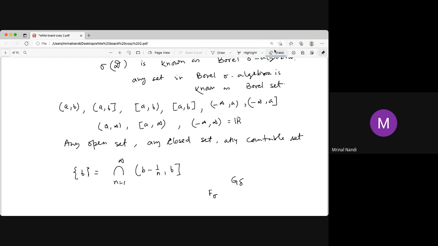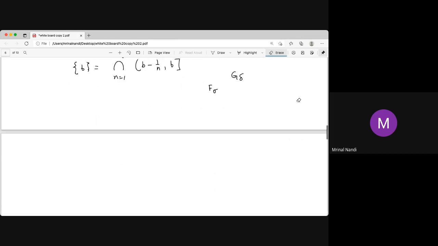So we just need this type of set only. Basically, there is no need for such complicated sets. These are the very important collection. Why is this collection very important? This is the question. Why is this collection very important in R? Now, if you take R2 or Rn or any topological space,